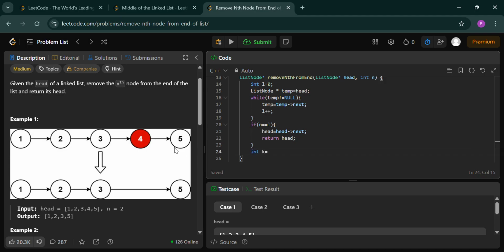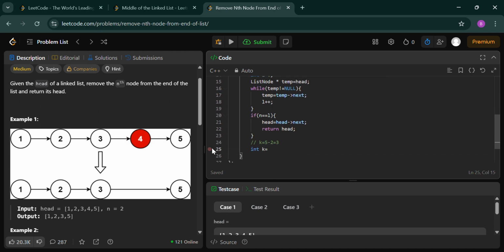After that you have to find int k. Suppose the length is 5, so L equals 5, and you have to remove the second last node. Then you subtract, and you will get 3. So you traverse through the first 3 nodes, which means the value of k is